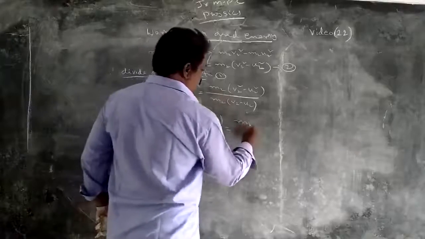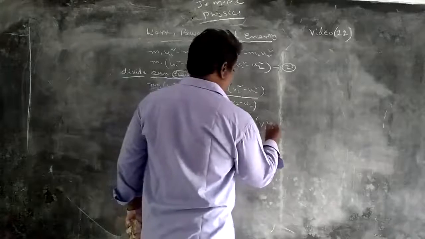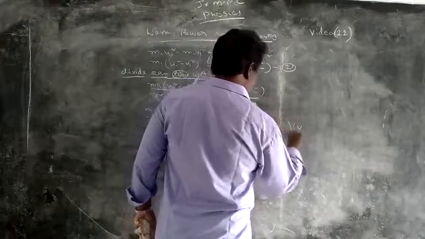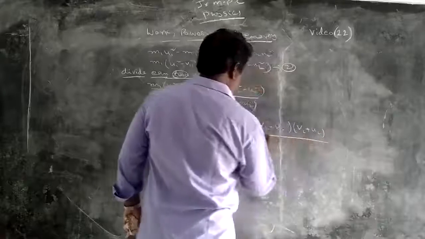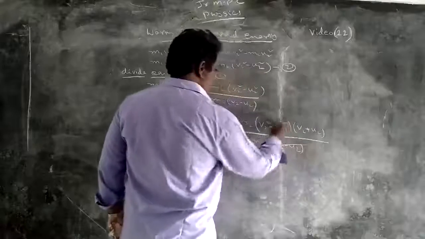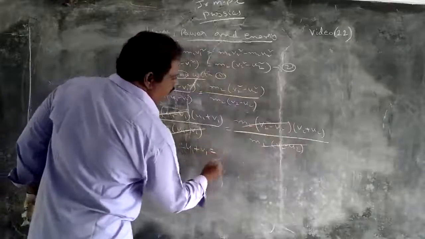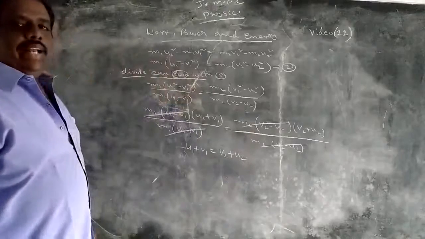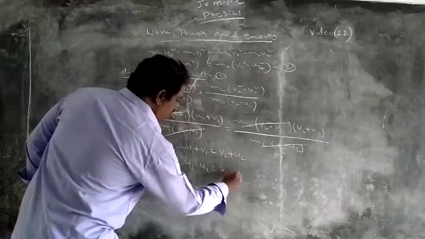Again here also a squared minus b squared is (a plus b) into (a minus b), divided by (v2 minus u2). It will become cancelled. Then what will be left? u1 plus v1 is equal to v2 plus u2. So rearrange the initial velocities to one side. Then it becomes u1 minus u2 is equal to v2 minus v1.